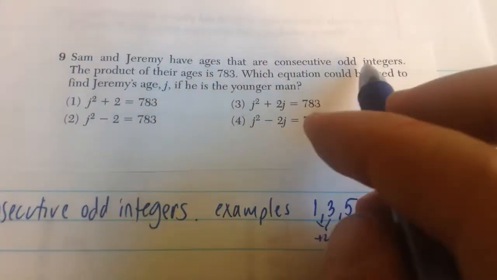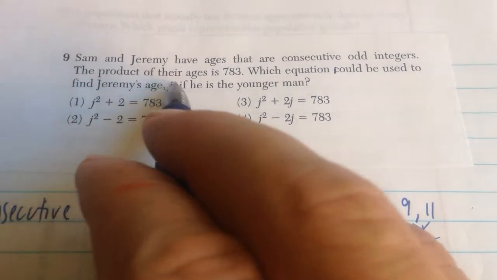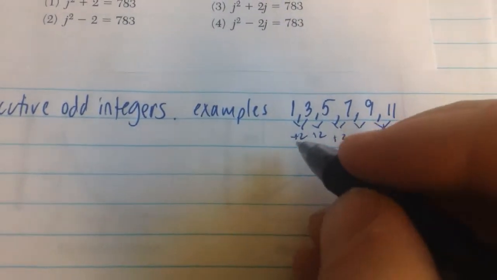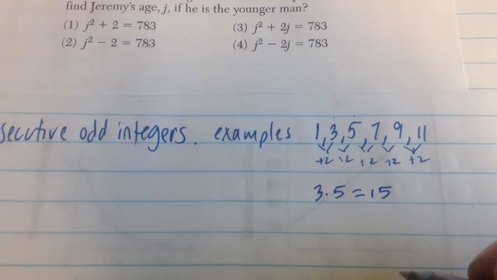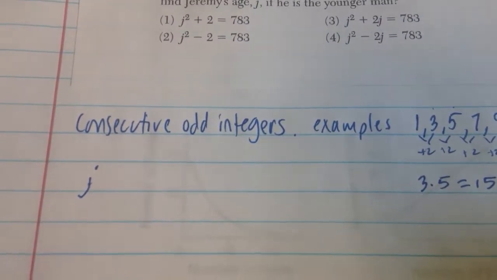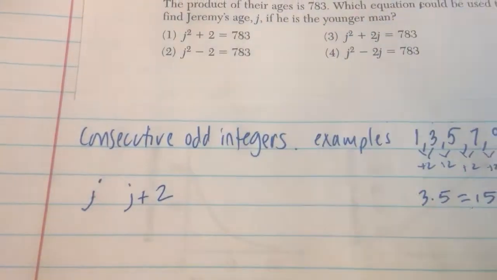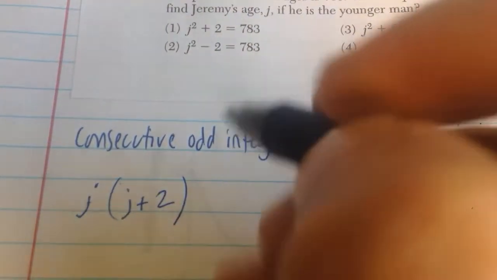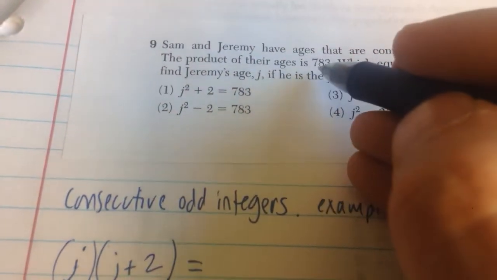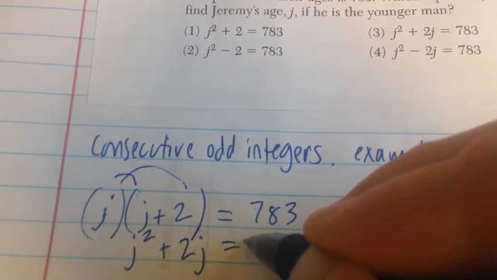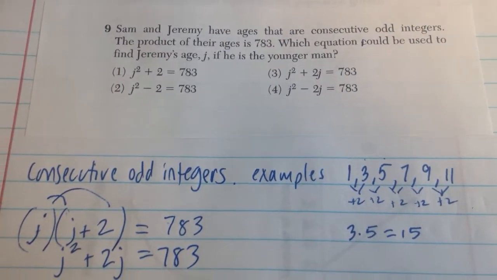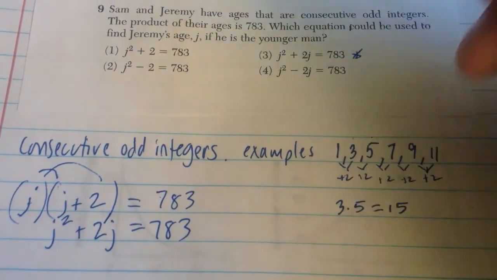Now, when it's saying the two consecutive odd integers and their product is 783, that would kind of be like saying, well, these two consecutive odd integers, their product is 15. So in this case, since we don't know, we're going to say J represents the first odd integer, and then J plus 2 represents the next one. Their product, it said, is 783. So if I simplify this, I have to distribute. J squared plus 2J equals 783. This looks like it's choice number 3. For